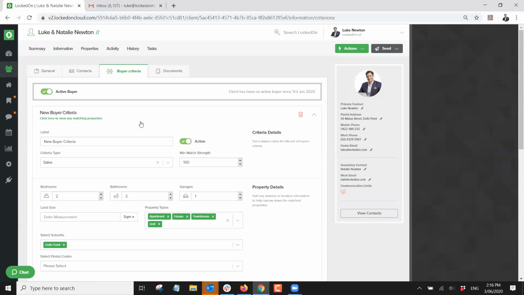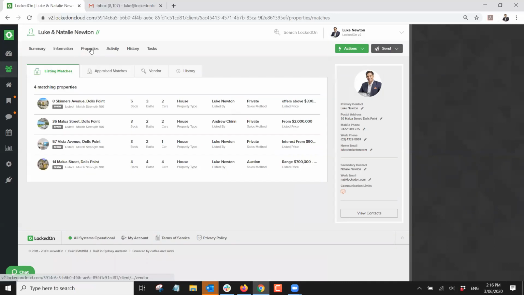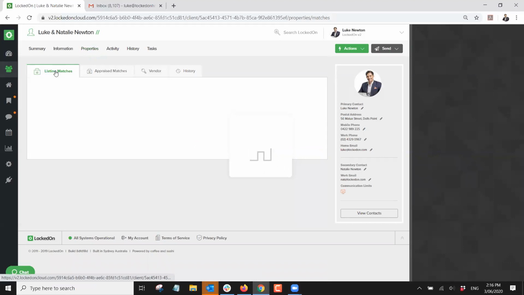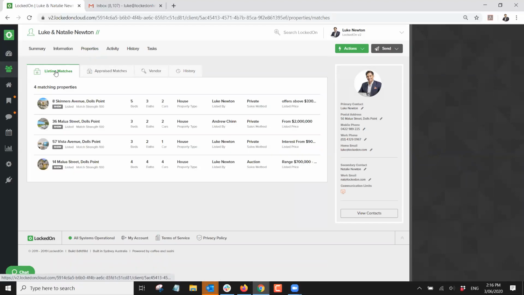So now that this is updated, we can see there's a little button here that says click here to view matching property. So if I click this, it takes me to the properties tab, into the listing matches. And in my office, I have 4 properties that match this particular buyer. Now I'm going to show you how you can send these off to your buyer in a second, but here's